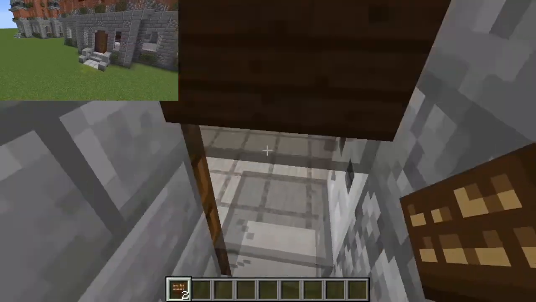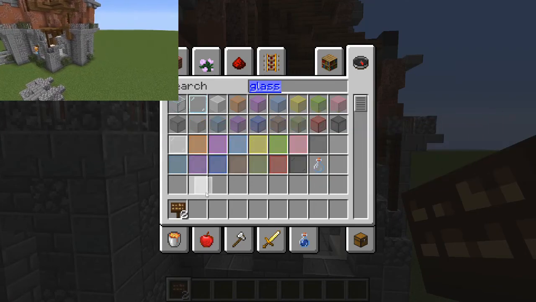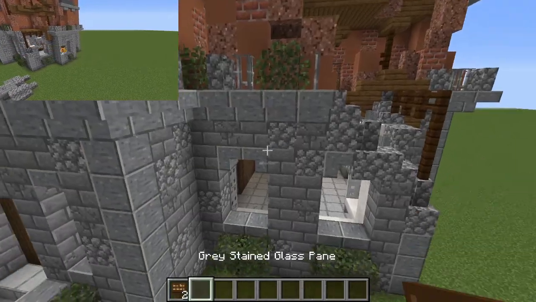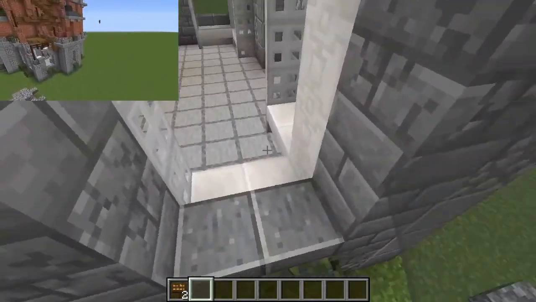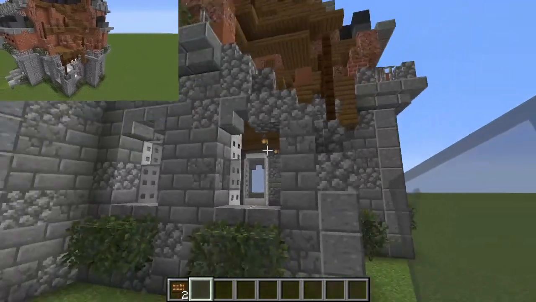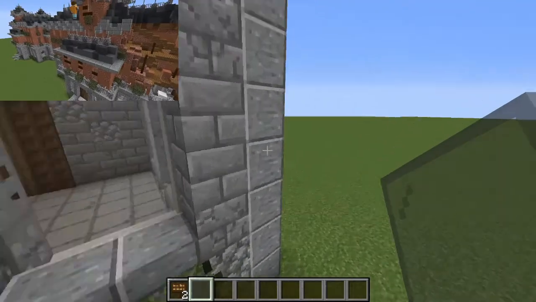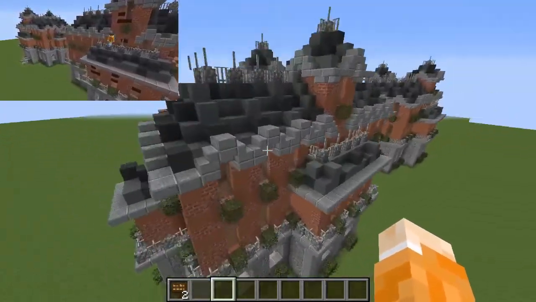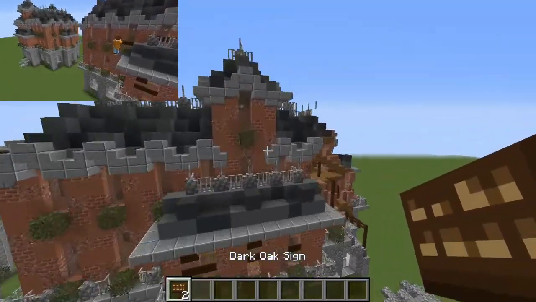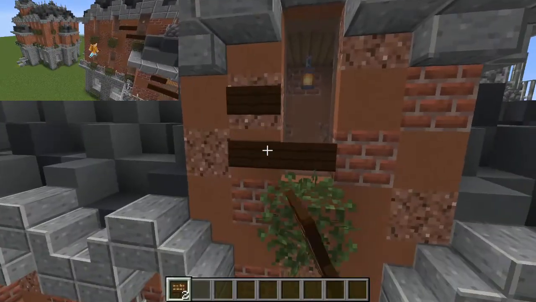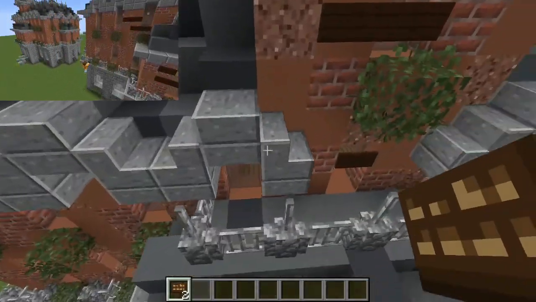Stuff like that. You get some different types of glass perhaps, so you can mix in some different colours, some lighter greys in with them, to make it look like the glass is shattered. Just make it look like it's been boarded up, stopped from being used by people. So all you want to do is break a bunch of the glass,